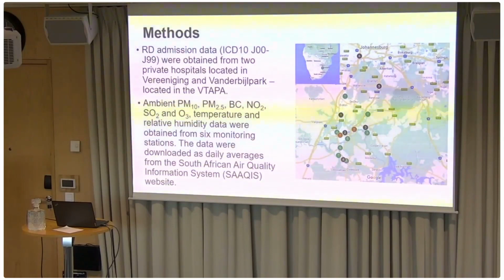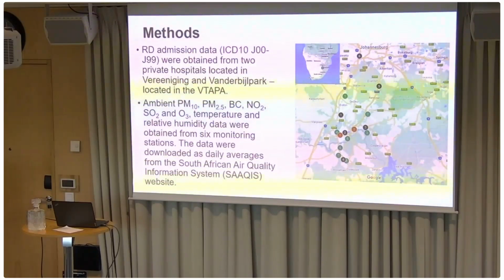We obtained hospital admission data from 2 private hospitals. Currently, there's no publicly run government hospital that has electronic data, so it makes it very difficult to do this kind of research where you don't have public hospital admission data in electronic format. Keep in mind, only 16% of the population, literally the upper classes, can afford a private medical aid to go to private hospitals. So the results we see here, you cannot really extrapolate to the rest of the population. You can only extrapolate them to the higher socioeconomic status groups.